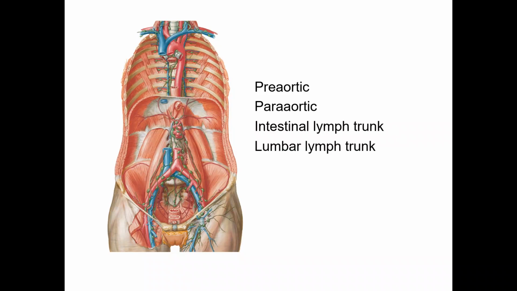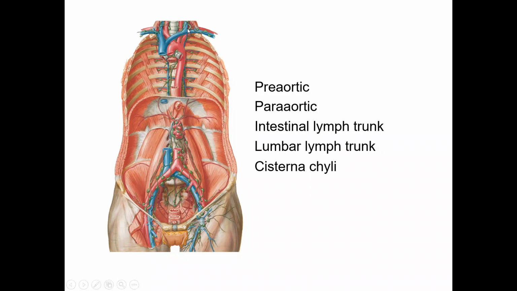From the pre-aortic nodes, there is an intestinal lymph trunk, and from the para-aortic nodes, there is a lumbar lymph trunk. These join the cisterna chyli, which is lying on the posterior abdominal wall at the level of L1, L2 vertebra. From there, the thoracic duct starts, which goes on the right side of the abdomen, enters through the aortic opening, crosses the midline behind the heart at the level of T5 vertebra,